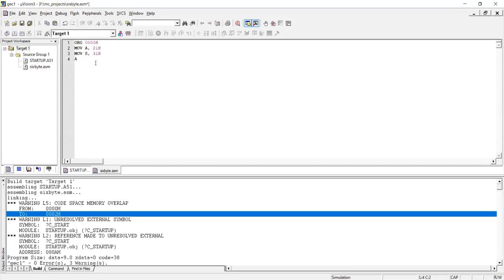Now I will add the lower 8-bit numbers, ADD A, B. Here you can use the ADC instruction also, but since it is the lower byte, there is no carry. If you want to use ADC, make sure that the carry bit is 0.